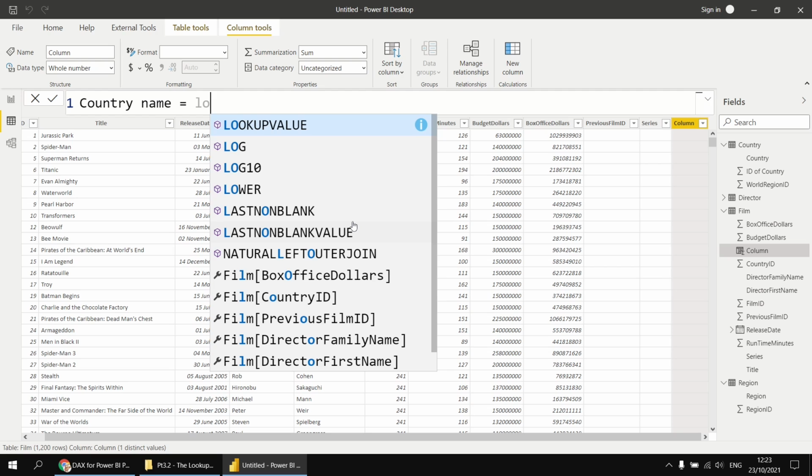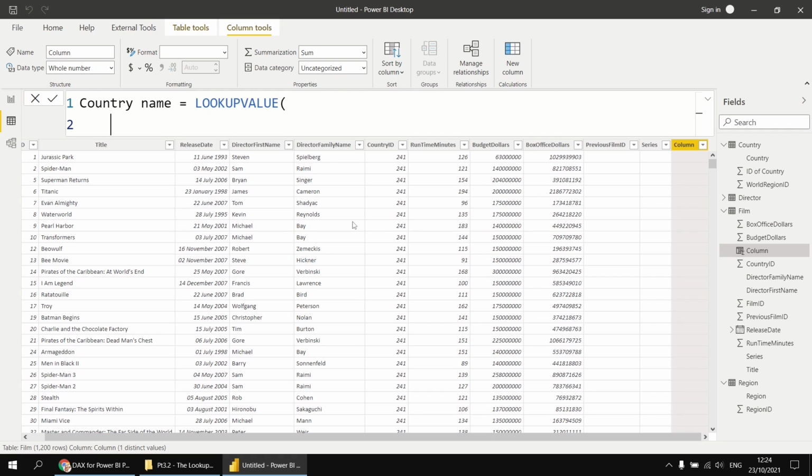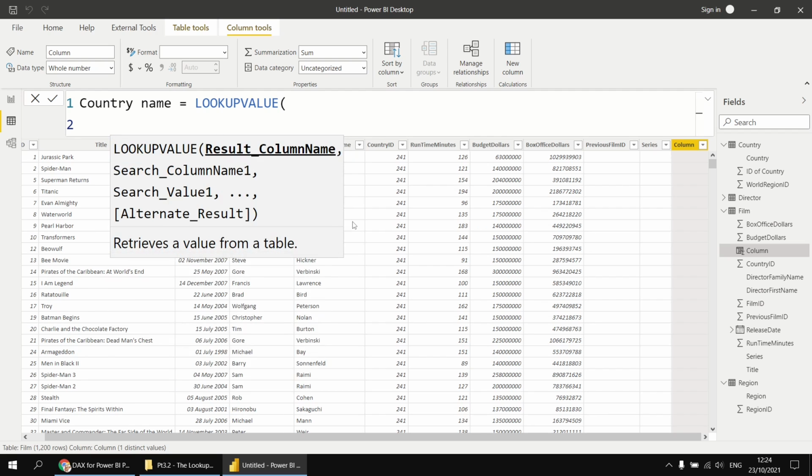Anyway, with the LookupValue function highlighted, I can hit the Tab key on my keyboard to insert the rest of the function name and open up the round brackets. I'll then press Shift and Enter to throw a new line in the formula bar. What I'd expect to see at this point is the list of parameters for the LookupValue function. In the previous version of the IntelliSense, that would have happened automatically, but for some reason with this version, I've got to type in a comma and then backspace off the comma to get the tooltip to